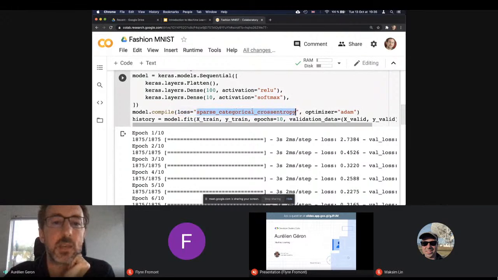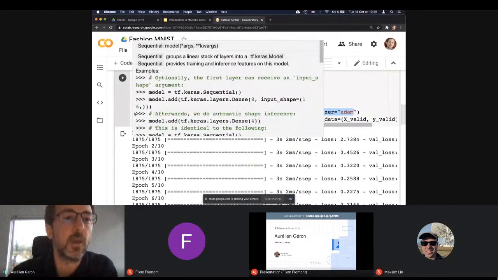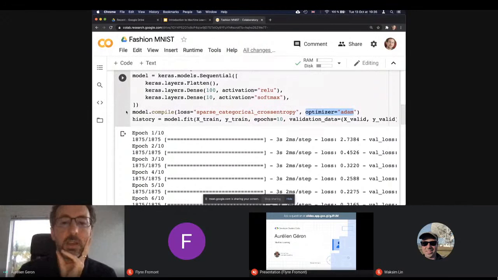And so this is the function I use for classification. It's the typical function that's used. And I use an Adam optimizer. It's basically a better, optimized version of gradient descent, where you just go and try to tweak the parameters in the direction that will make the loss smaller and smaller.